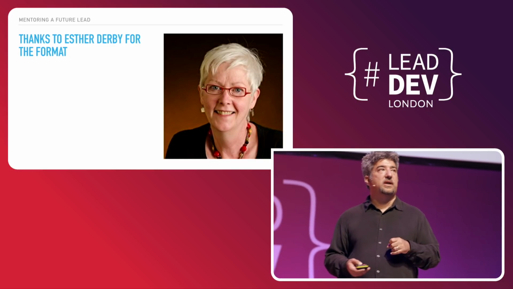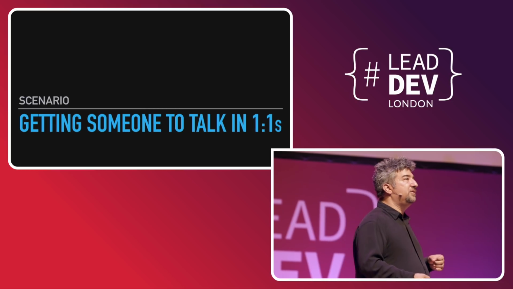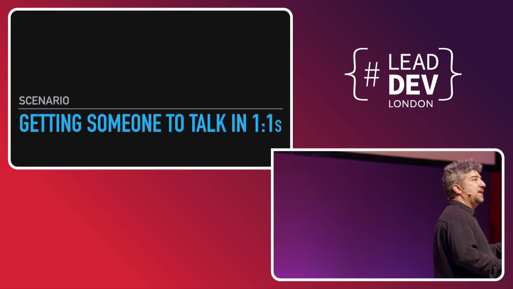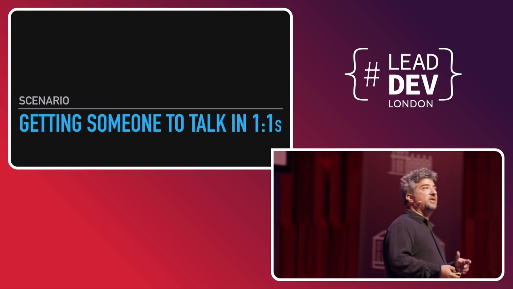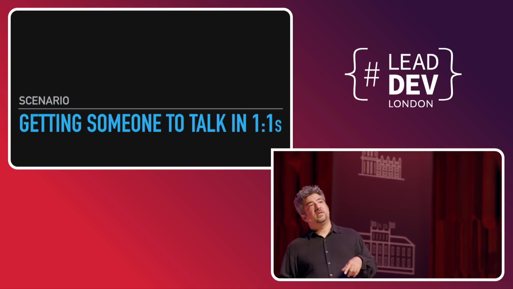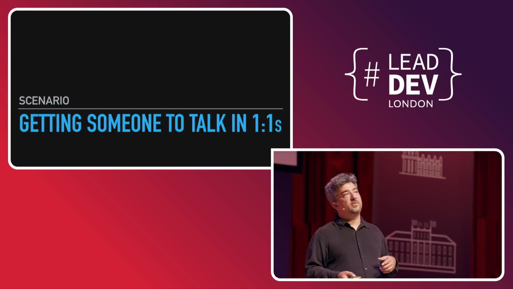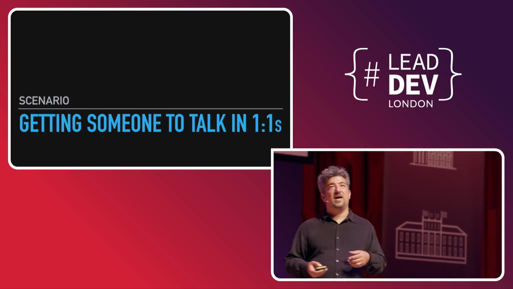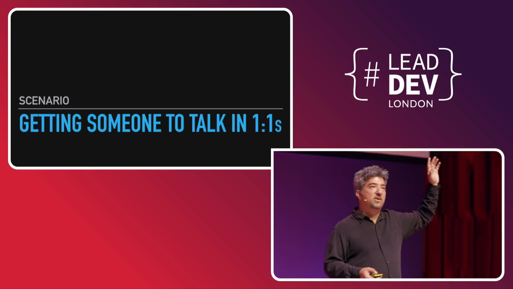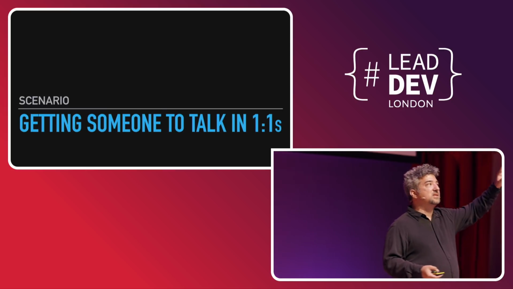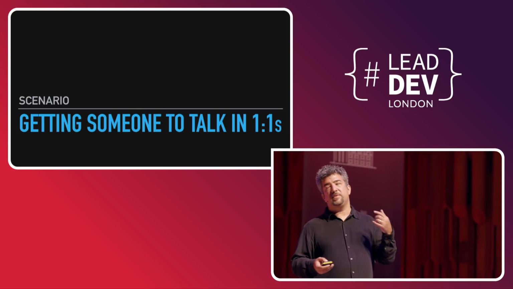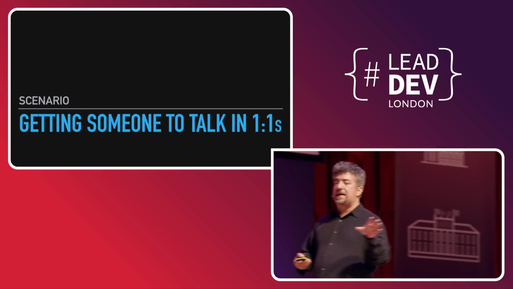So I'm going to do another scenario now. How many of you have had this happen where you're sitting at your desk and somebody comes up to you, one of the people on your team, and they say, for the one-on-one this week, we have that big deliverable, and I really could use this time to get that work done. So is it okay if we skip one-on-one this week? We'll do it next week, I promise. Yeah, some of you. I promise those of you who haven't had this happen, you will. This has happened to me multiple times over the years. It just happens.